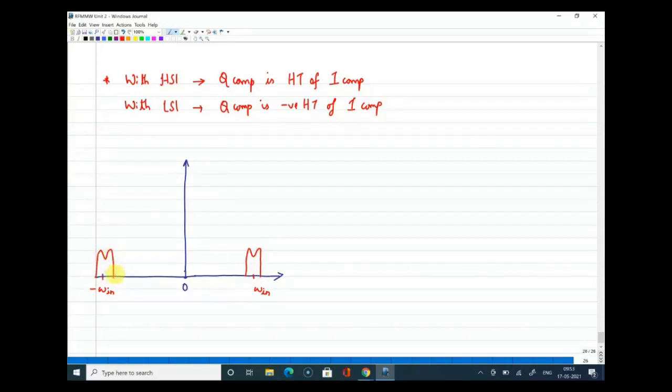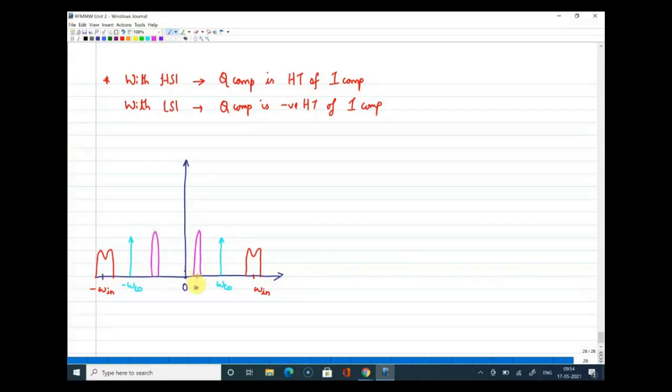This is a signal at omega in, and now as I told, we are going to do low side injection for the signal. So since it is low side, I need to fix the LO signal somewhere here down. So this will be the LO signal minus omega LO. Now your image will be definitely located on the left side of the LO. So for image, I'm just using this color. Say this is your image frequency.